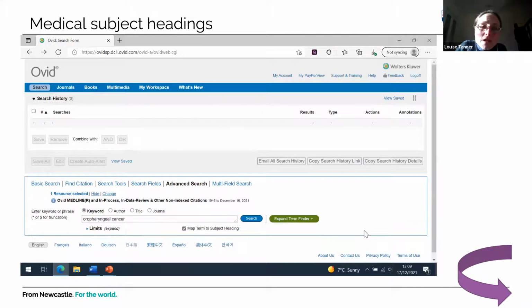I think it's iterative before you actually implement your search. You can build up your search by doing a bit of scoping work and adding terms. But once you've actually implemented your search, going back to add a heading might get a little bit messy. So it's a good idea to be quite confident in the search strategy before you implement it, so that you're not having to go back and adapt it and then try to identify which results are new. So I'd try to develop a search strategy that you're confident with before you implement it.